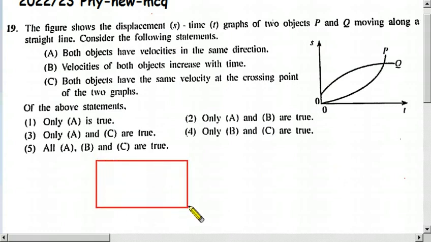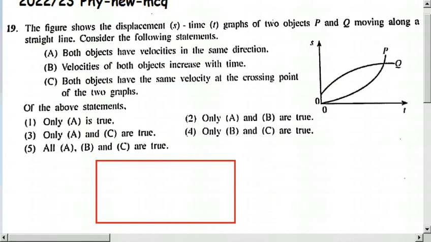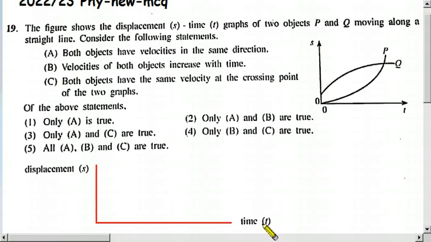Children, let us recall the knowledge needed to solve this problem. What we have to use here is the theorem that the gradient of a displacement time graph is equal to the velocity. Suppose this one is the graph, say P. So how do we get the gradient